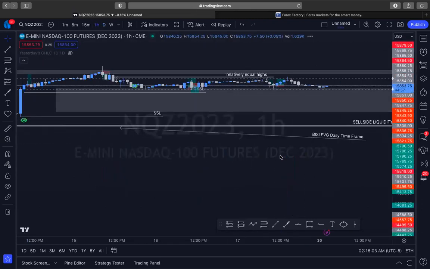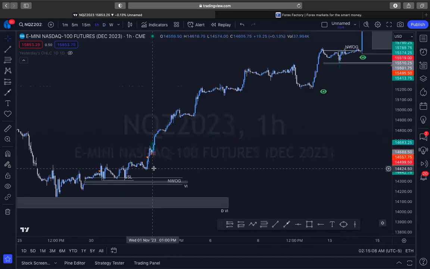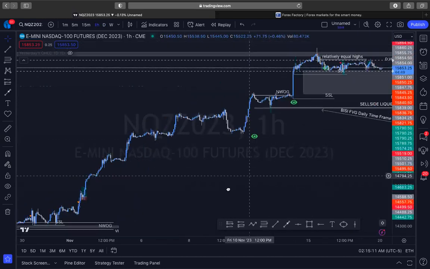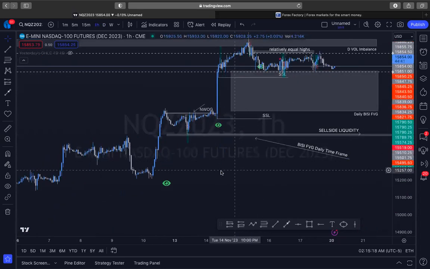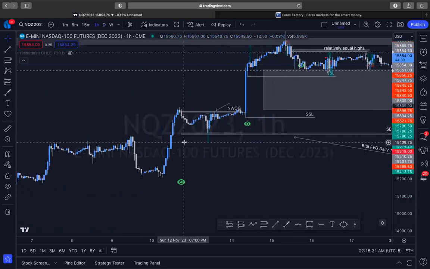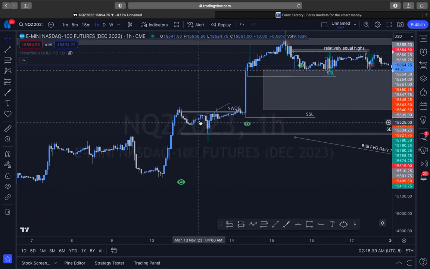So let's go down to the 1 hour and show you guys what I'm going to cover for this week. We are on Monday right here. So beginning Monday, Friday, Sunday, and when you look down here, you'll be able to see where my cursor is. You'll be able to see what day it is. For example, here you can see Sunday. The next day would be Monday, and this is in a 1 hour time interval. That means each candlestick is 1 hour. That's what a time frame is.